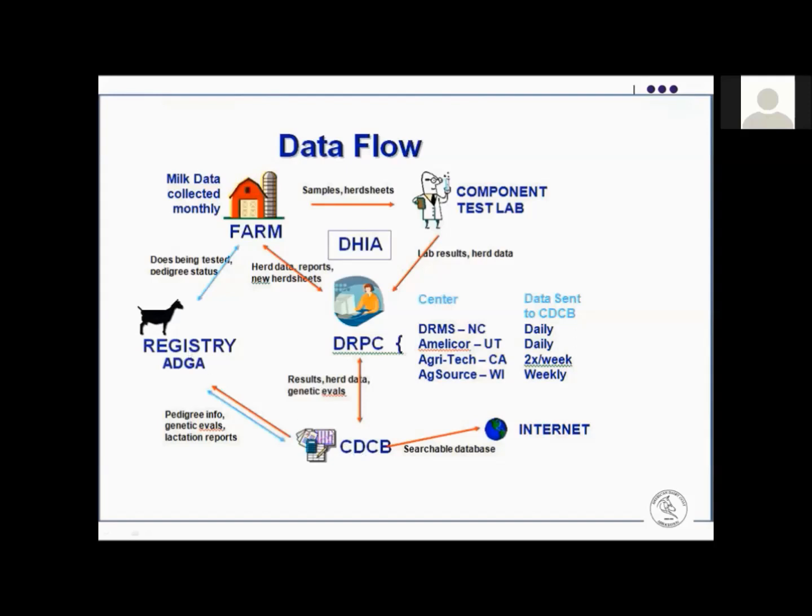CDCB talks to ADGA too, because we provide pedigree information. So that pedigree information then gets tied to the milk record and everything gets matched up. CDCB does have that searchable database that you can use, and that's the Council on Dairy Cattle Breeding. But like I said, their reason to exist is not for you at the farm. It is for the record centers and it is for the registries, because that is how we clean the data